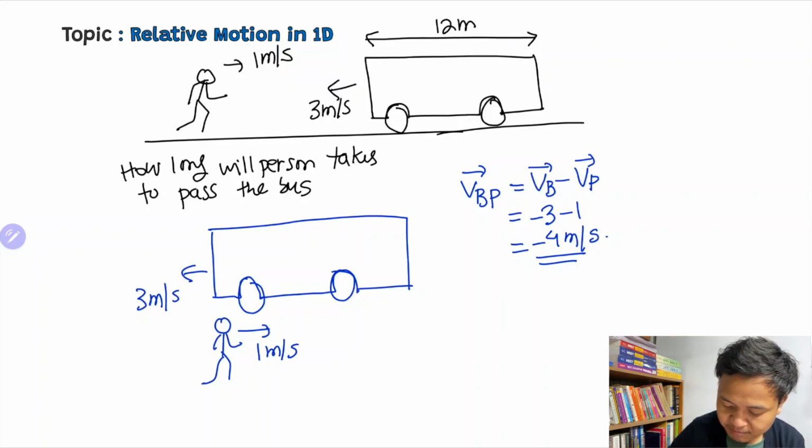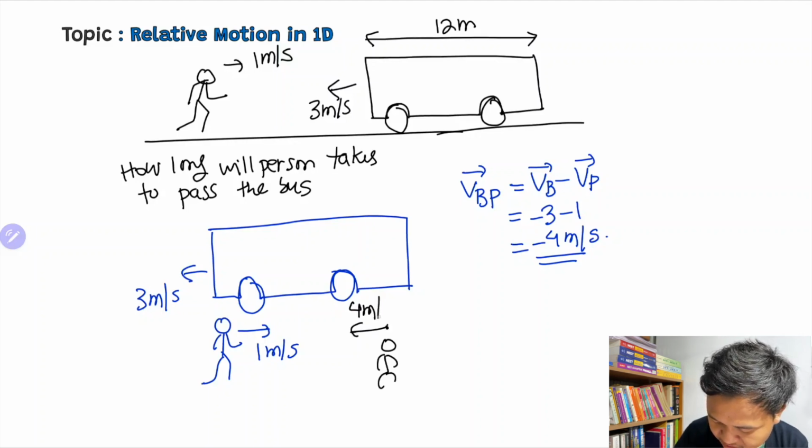Suppose if the person is at rest, so the bus is moving with 4 meter per second,